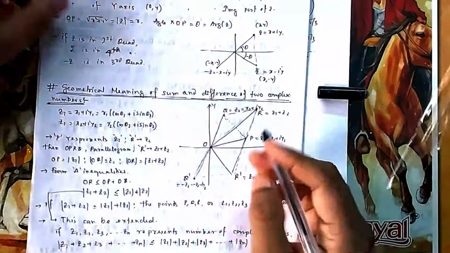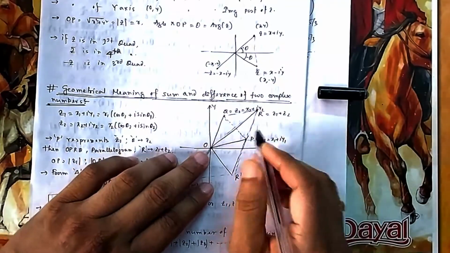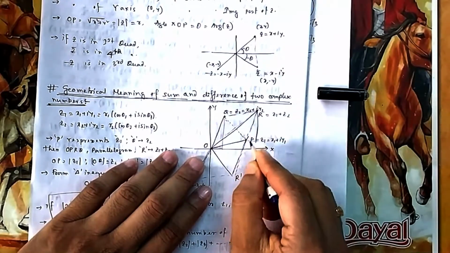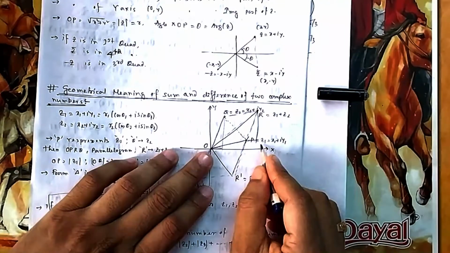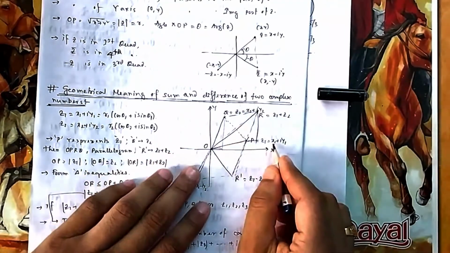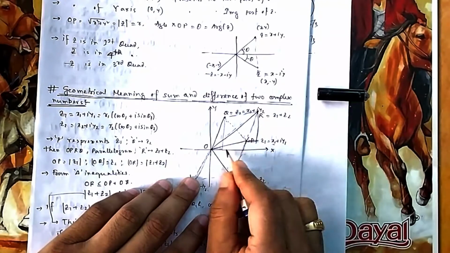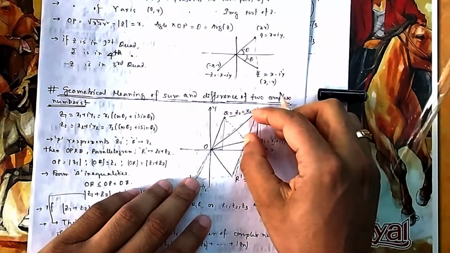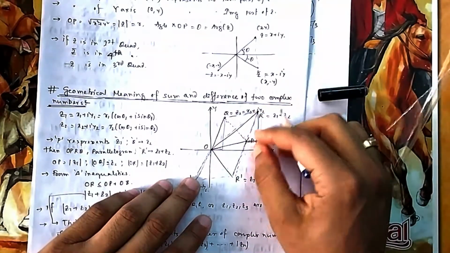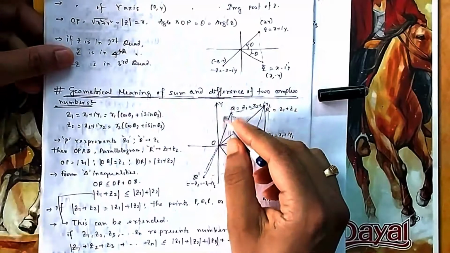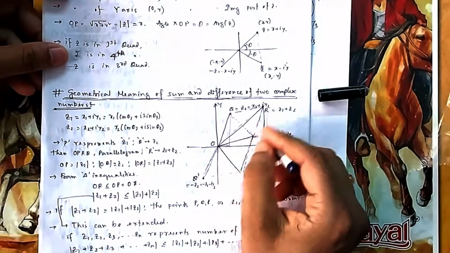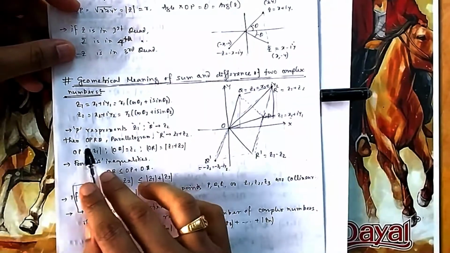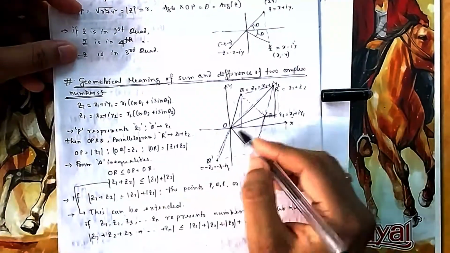So if you take the parallel of this one, this breadth will be, if I draw the perpendicular, this length will be equal to this length. So whatever x1 you are coming here, x2 will be added. So if you add these two, what will happen? x1 plus x2, so this is added. Similarly y, whatever height is there, this additional height will be added here. Because this much length you have put here, this height will come. So your y1 plus y2, you can feel it now. If you draw a parallelogram, then this diagonal will represent your z1 plus z2. So P represents z1, Q represents z2, then OPRQ is a parallelogram. This R will represent z1 plus z2.